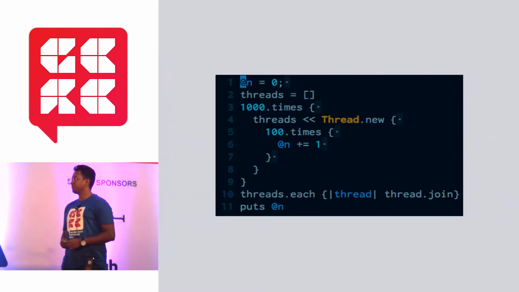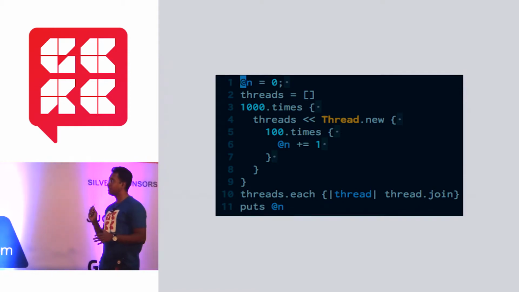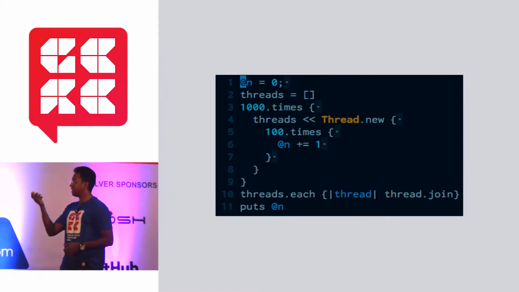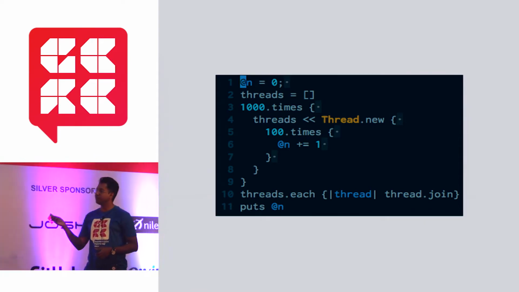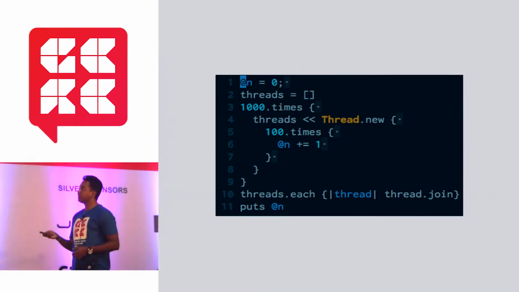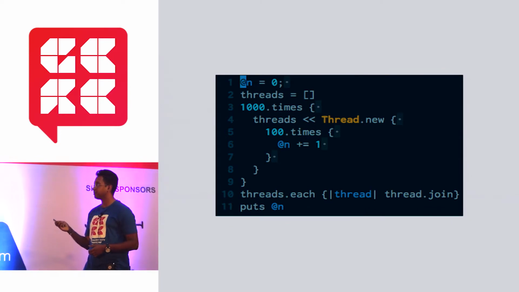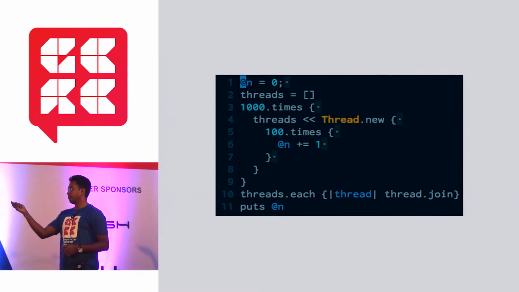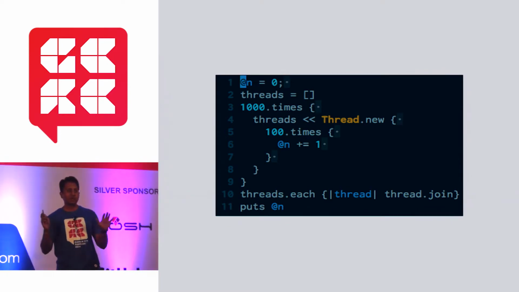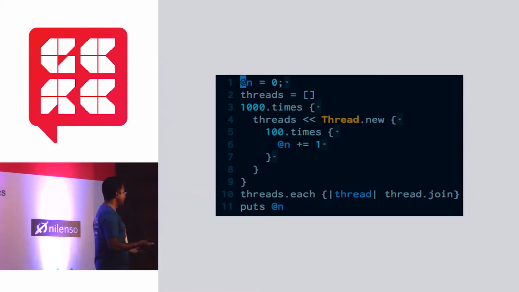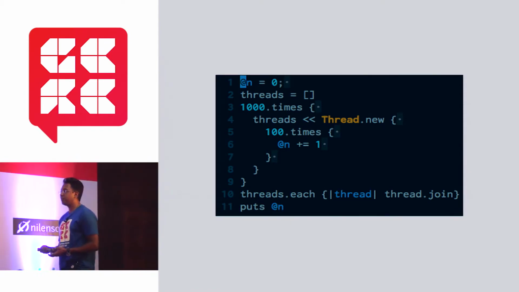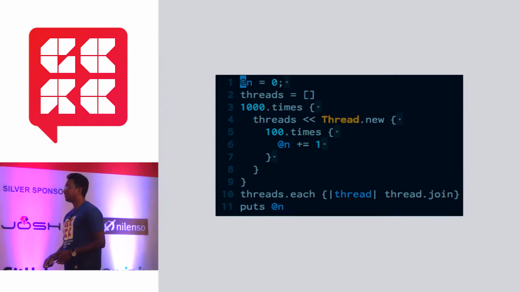Simple code, not much to process late in the day. There's a shared variable called n, and there are 1,000 threads, and each of those threads wants to increment that shared variable 100 times, right? And what is the expected output? I'm not going to question you, I'm just going to give it away. It's 100,000. It's fairly straightforward code. I'm sure all of you have done this, and it's no big deal.